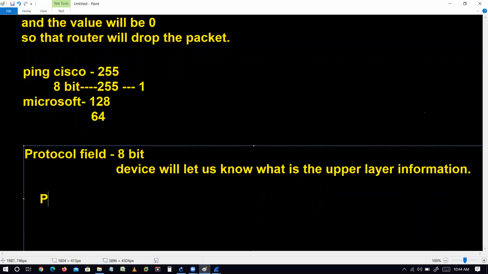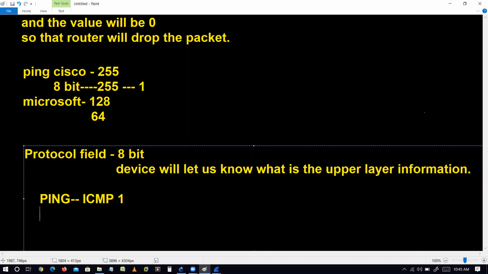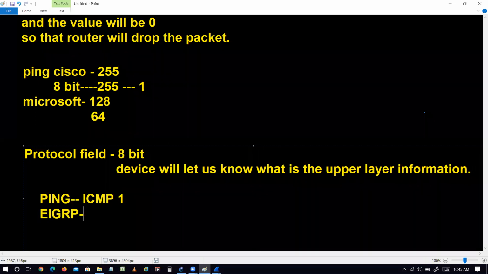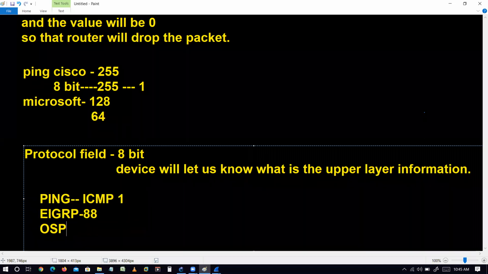For ICMP, the protocol number is 1. If I talk about a protocol like EIGRP, which we will discuss, the protocol number is 88. If I talk about the OSPF protocol, which we will also discuss, the protocol number will be 89, like this.